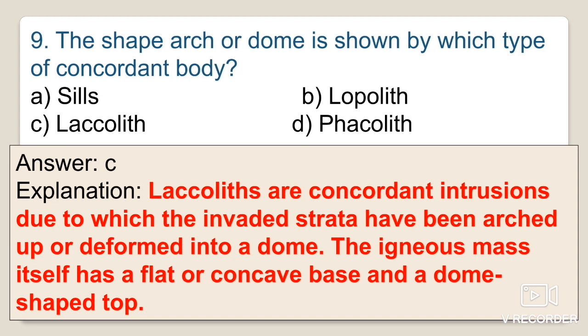If you talk about the definition of laccoliths, they are lens-shaped intrusive igneous rock bodies which cause the overlying beds to arc in the form of a dome, and it has a flat base as well as the domed top. A laccolith may be 2 to 3 kilometers in diameter and several hundred meters in thickness, and it differs from a batholith in being much smaller as well as having a known floor. So the correct option here is option C.